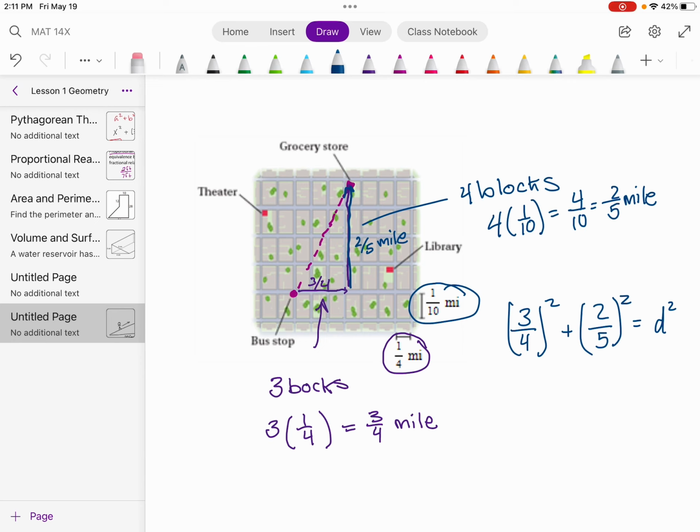And this is where we'd want to go find our calculator and plug in our values, and we would get 9/16 plus 4/25, which is